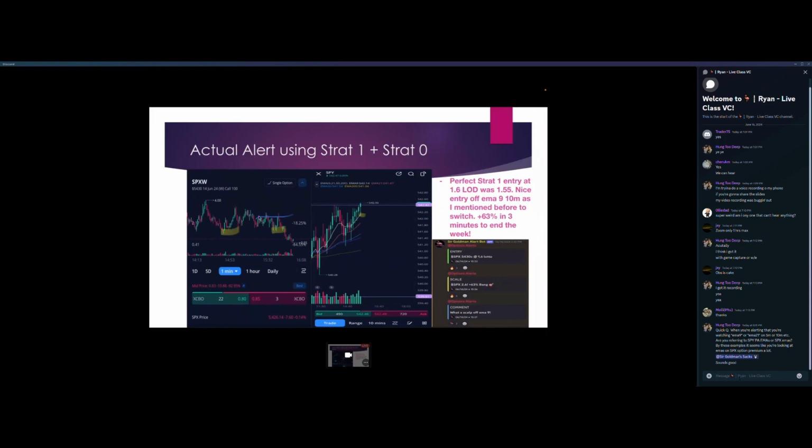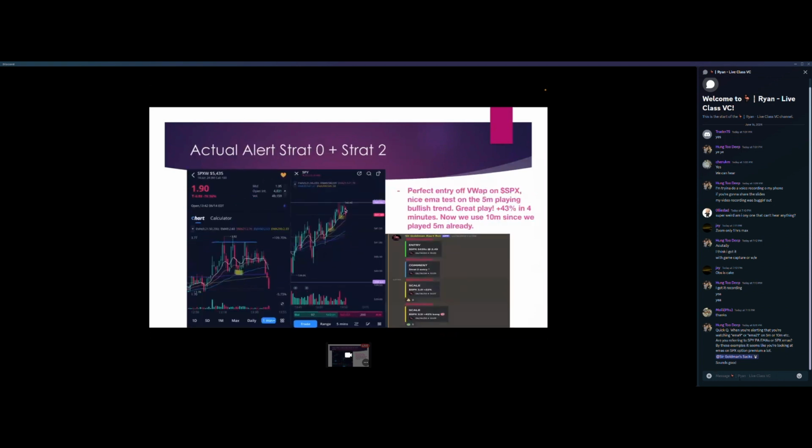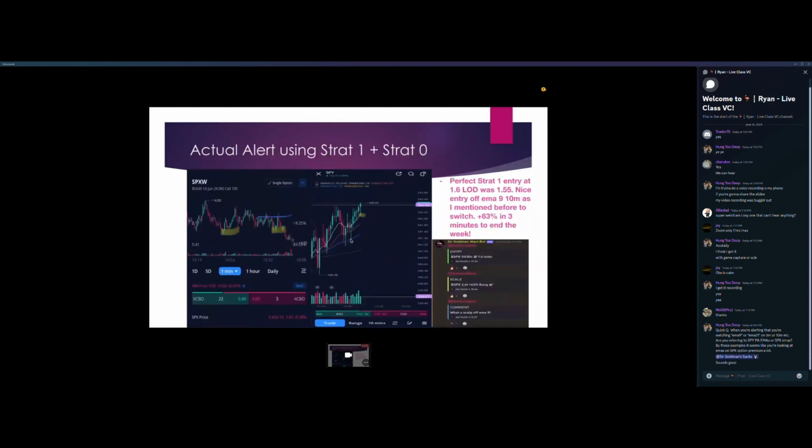And we get the little rejection zone. You can see that we rejected here, we rejected here basically. I mean, it's not going to be always perfect, but that's why I put the little line here. Nice entry off EMA 9, 10-minute. That's why you guys switch. Remember, we played the 5-minute here. We got the breakdown. I guess it came back up because we played it again. So you can see on the 10-minute, it came back up here, and we got the nice